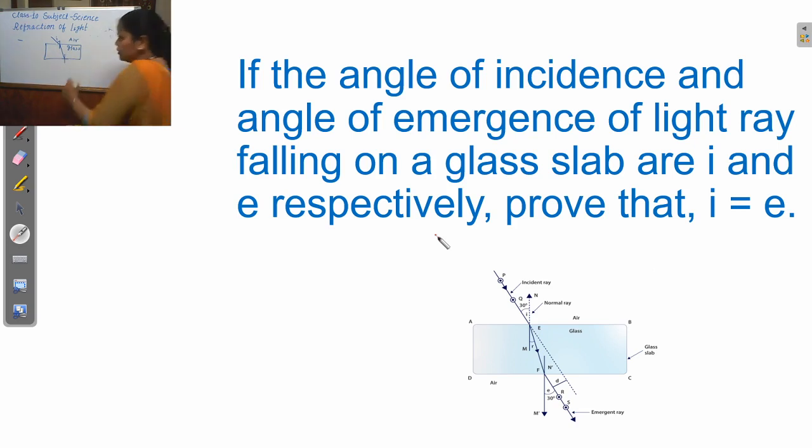I draw the second normal here. Again, here this is a glass medium, this is an air medium. When this light ray falls on this point, the light ray is refracted into the air medium and bends away from the normal. So in this case, this is the angle of refraction R. Again this is equal to R, and this angle is denoted by E, and this is the emergence angle. Understand? Emergence angle, E. It's clear. So we have to prove I equals E. So let's prove.